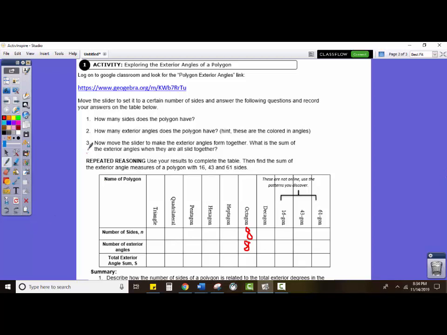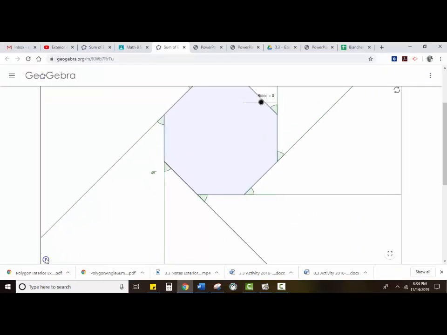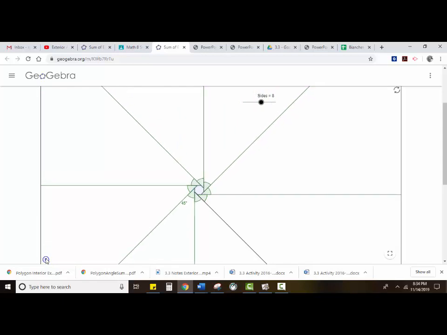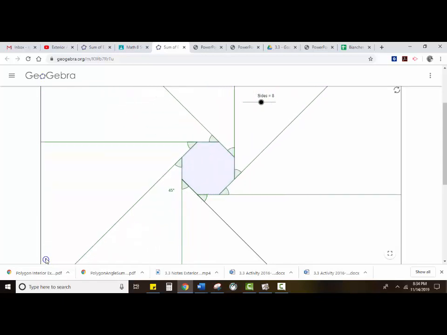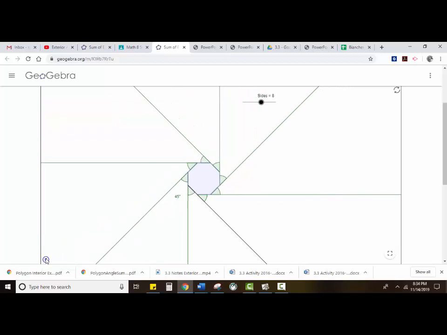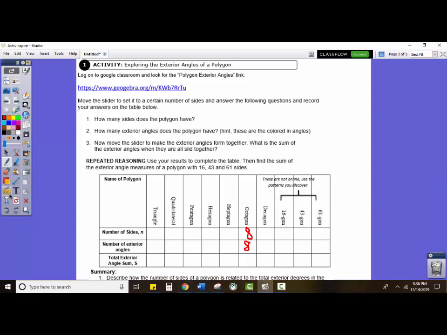And then step 3, move the slider together, which actually just means push play, to see what these angles all come together to form. So they're getting closer. And I can time it right. If I time it right, you can see as close as I can get it, they're all coming together here and it's forming a 360-degree circle. So I'll record that